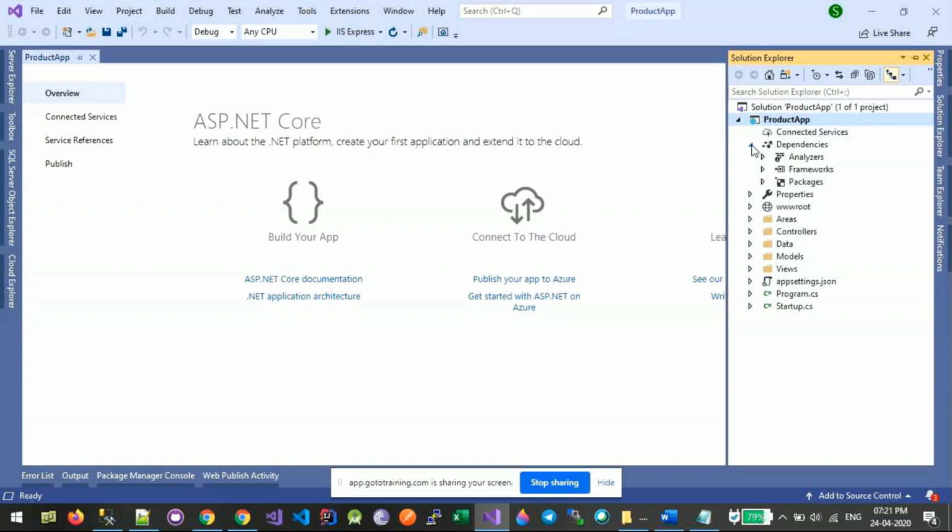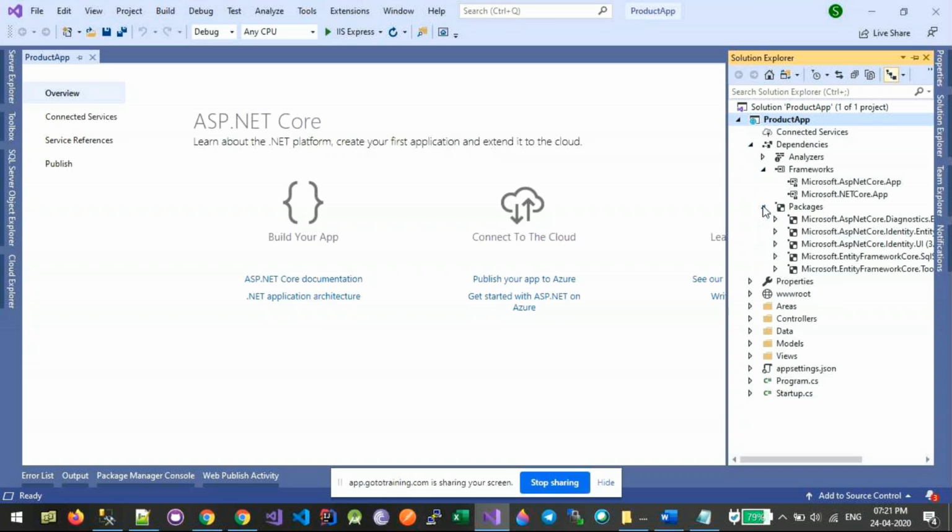First, we don't have any references, but we have something known as dependencies. Now, under packages, whatever you see, these are plain simple NuGet packages that you can install. I can right-click on the dependencies, go to Manage NuGet Packages. I can add, update, delete them.